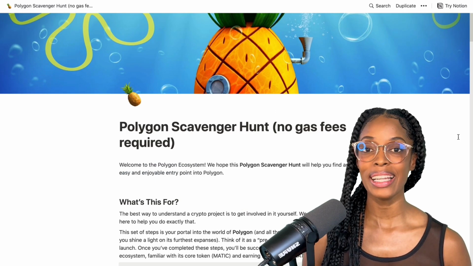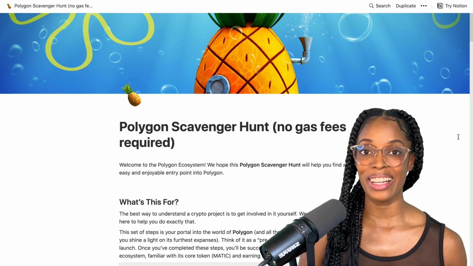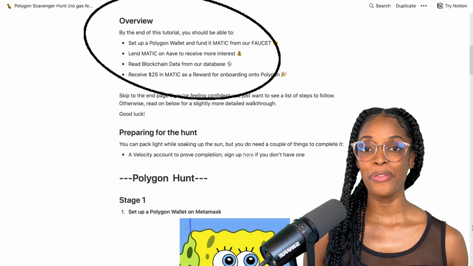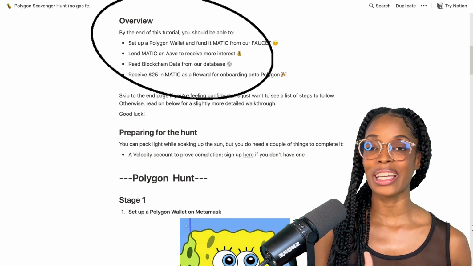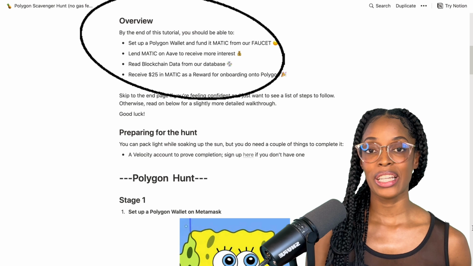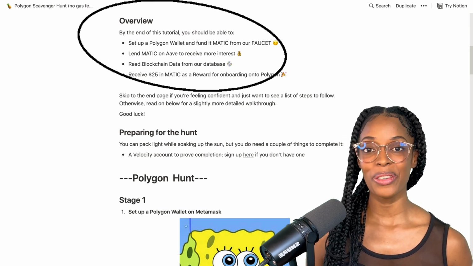you can complete it. The best way to understand a crypto project is to actually use it. So let's get started. By the end of this tutorial, you would have set up a Polygon wallet and funded with MATIC from the faucet. You would also be able to lend that MATIC onto RV so you can start earning rewards there. You can also read the blockchain data from their database and then receive $25 worth of MATIC tokens for onboarding